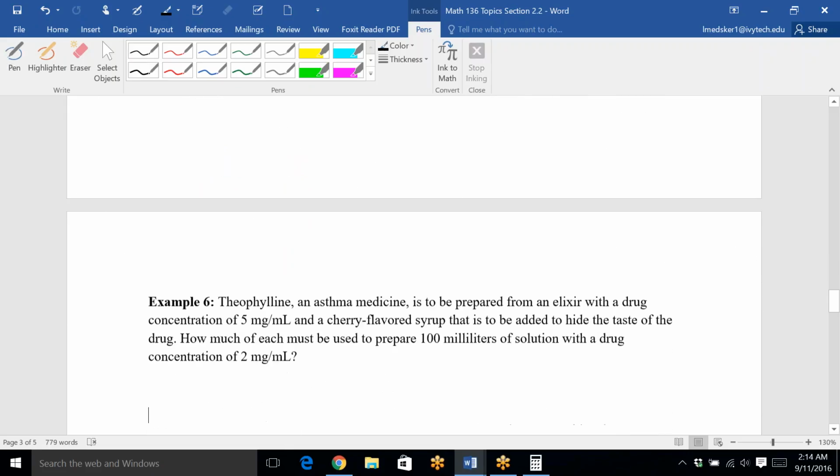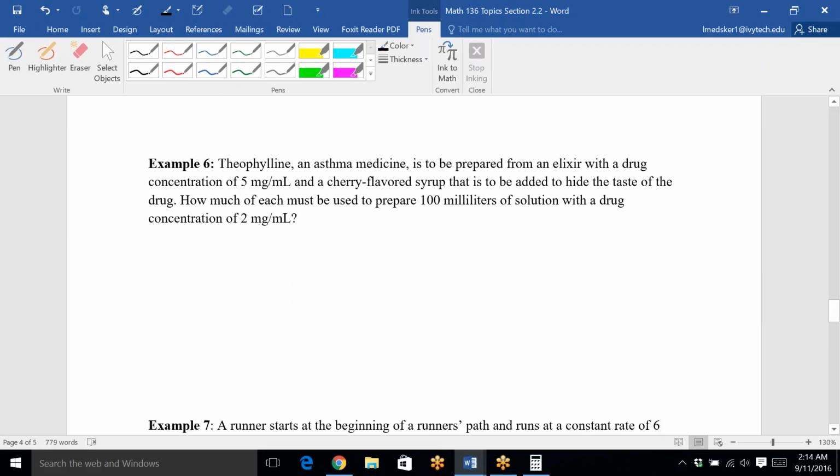Okay, the next one that we skipped in class was example number 6. Theophylline is an asthma medicine. It is prepared from an elixir with a drug concentration of 5 milligrams per milliliter and a cherry-flavored syrup that is to be added to hide the taste of the drug. How much of each must be used to prepare 100 milliliters of solution with a drug concentration of 2 milligrams per milliliter? Okay, this is a bucket problem again,